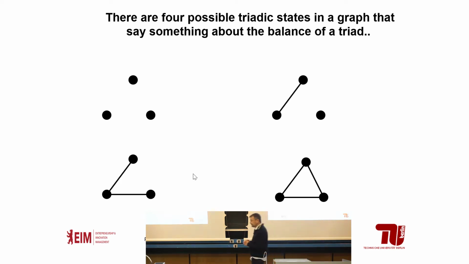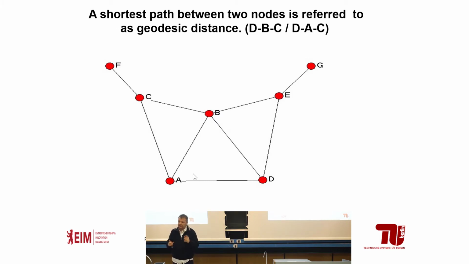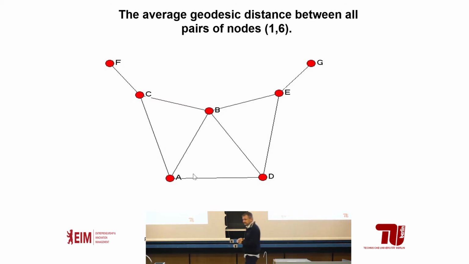What's also important is the shortest path. Let's say we have this network, and what's the shortest path between, for instance, F and G? That's important because you can calculate the shortest paths between all possible pairs of points. Between all persons in these networks, you can calculate the shortest path, and the shortest path is labeled geodesic distance. And a lot of network calculations are based on geodesic distance, which describes the shortest path.